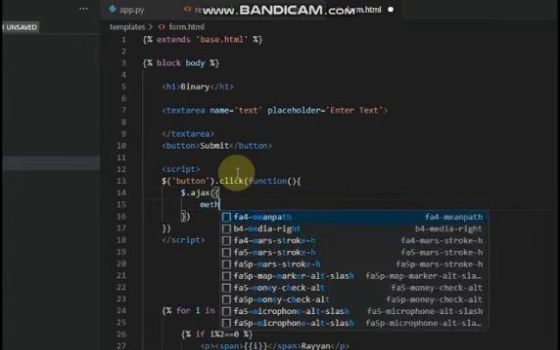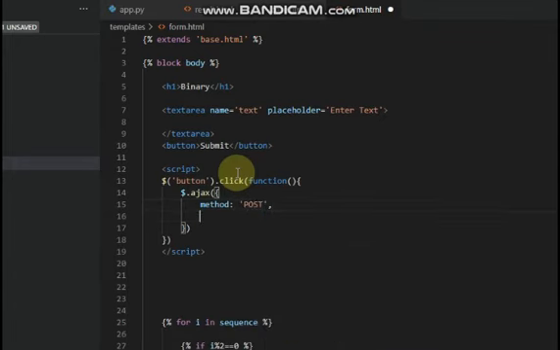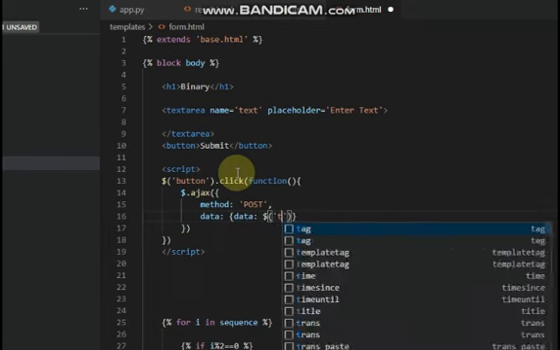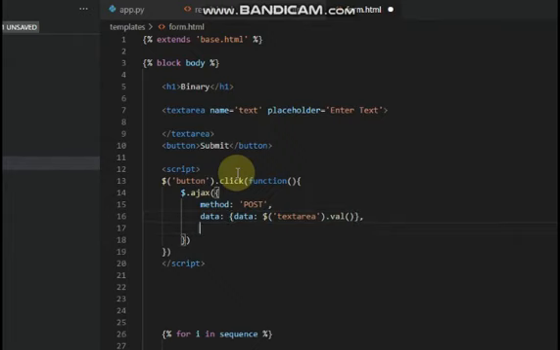The method: post, comma, data. So let's add the data as a dict. Here we can also add data as $textarea.val. It is going to be its value, and